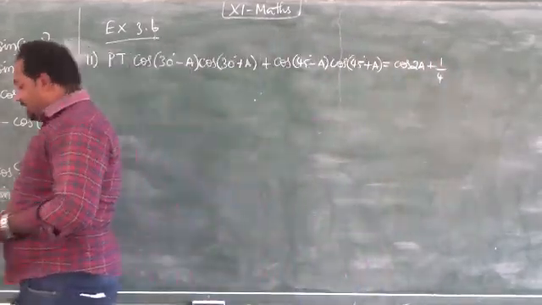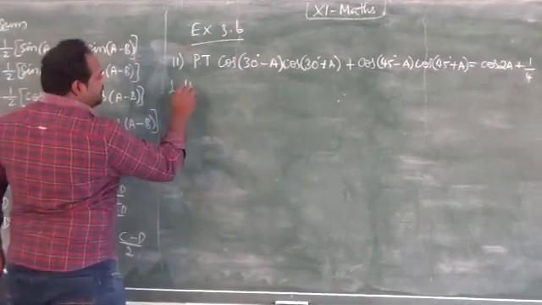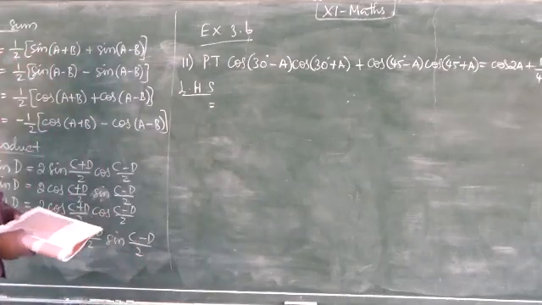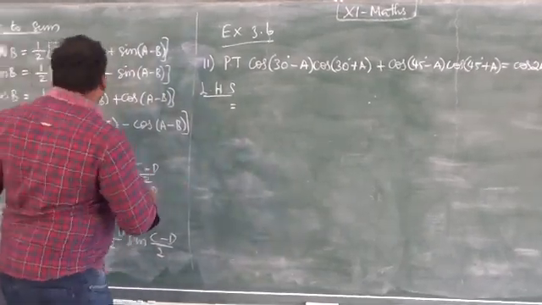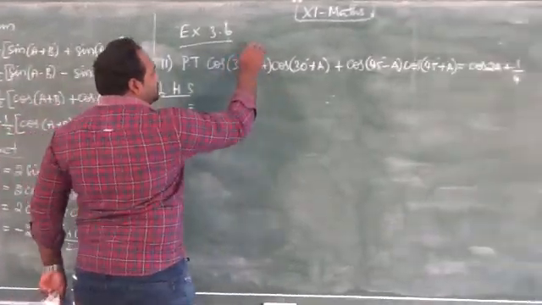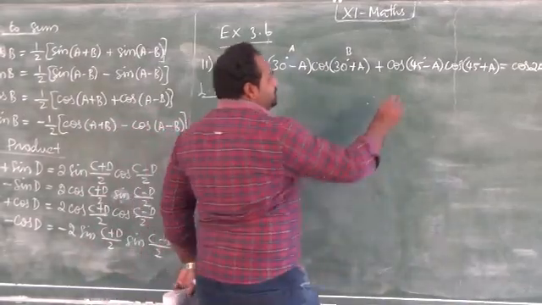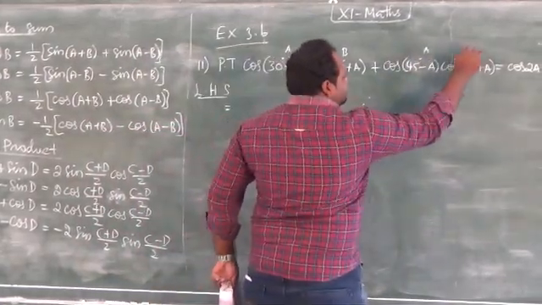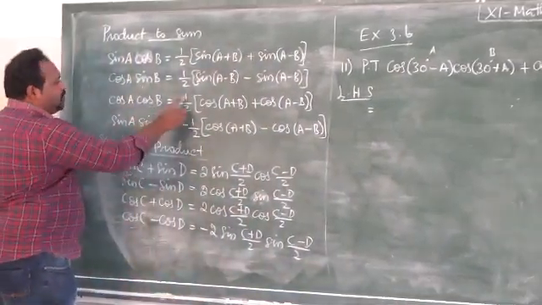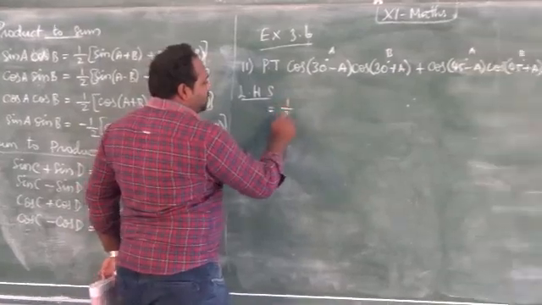So here I am going to take the LHS and prove the RHS. I am going to use the product to sum formula, considering this bracket as A and this bracket as B. The same formula can be used here. This is A, this is B. So the cos A cos B formula is 1/2 [cos(A + B) + cos(A − B)]. So 1/2